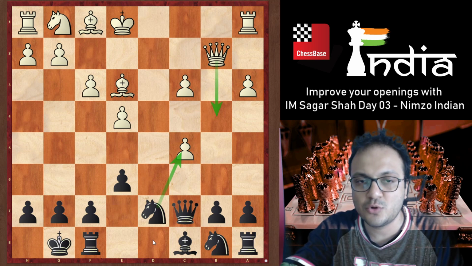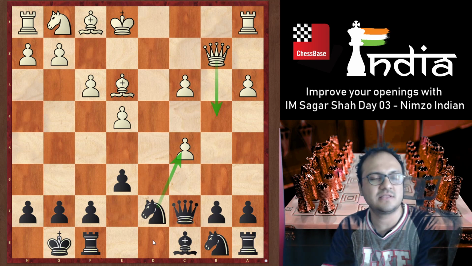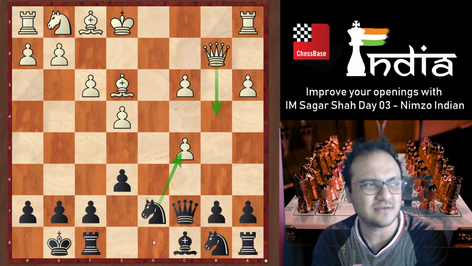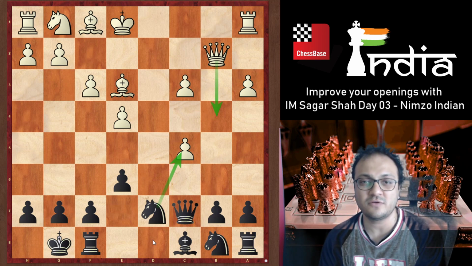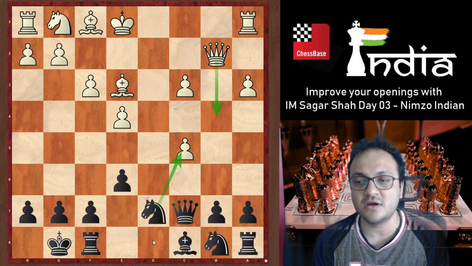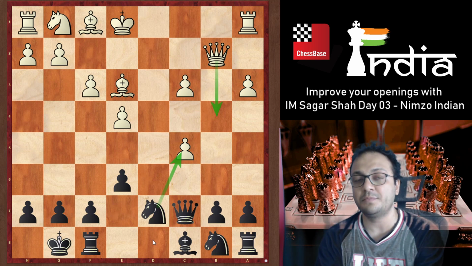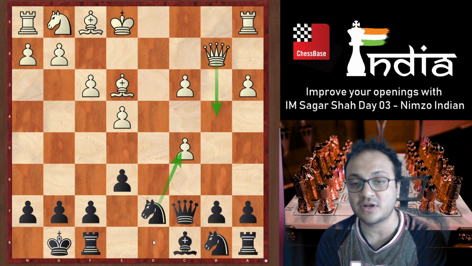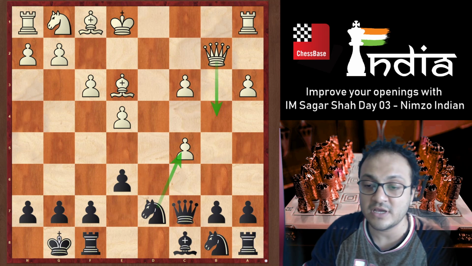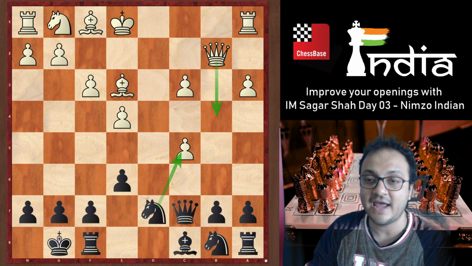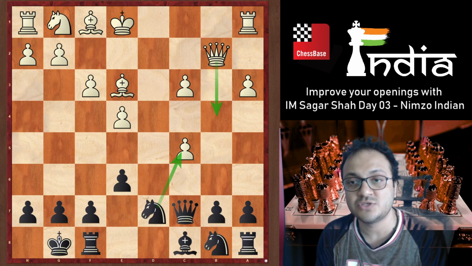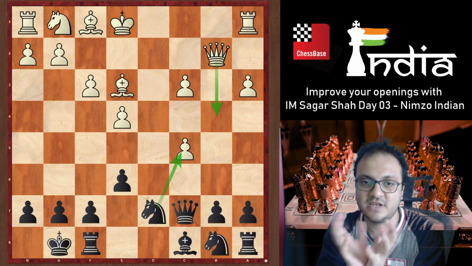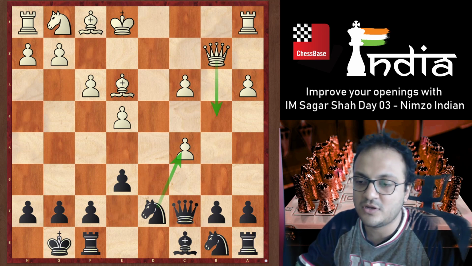Okay, now we're coming close to the end of Nimzo Indian. I think there are only two more major lines, e3 and Queen c2. But we are covering a lot of ground, and I hope that you are learning a lot, because it's not just about the opening, it's about the structures, it's about classical games, it's about knowing a lot of things in chess. And this has always been the idea of what I am doing, to give you a glimpse of the entire thing you are learning.